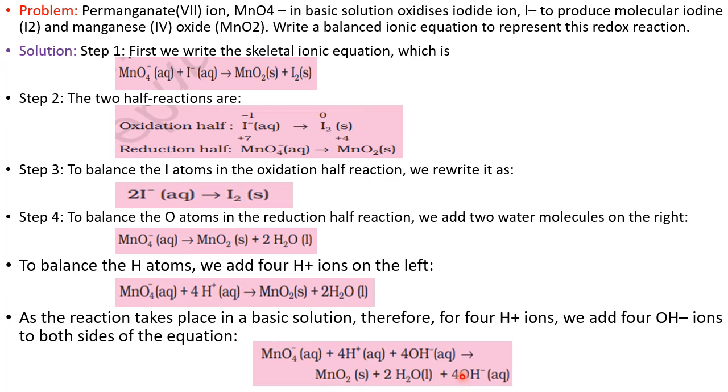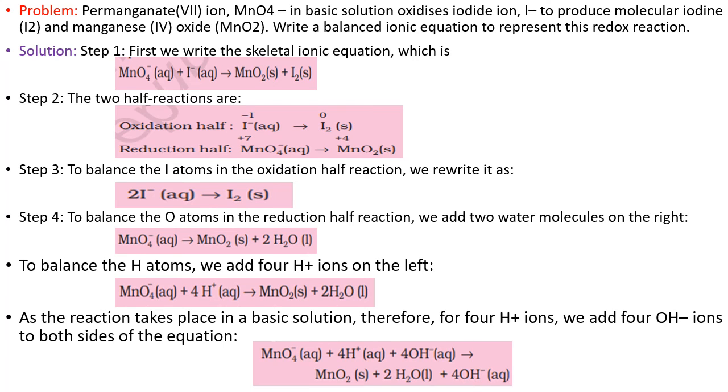Now after adding 2 OH minus, 2 O are balanced, now 2 H are extra. For balancing the 2 H extra, for every H atom I have to add one H2O on the opposite side. So here 2 H extra is there, so I have added 2 H2O on the opposite side. Now after adding 2 H2O, the 2 H are balanced. Now whatever 2 OH minus, I have to add on the opposite side again. So already 2 OH were there on the RHS. Now 2 more OH, totally 4 OH.